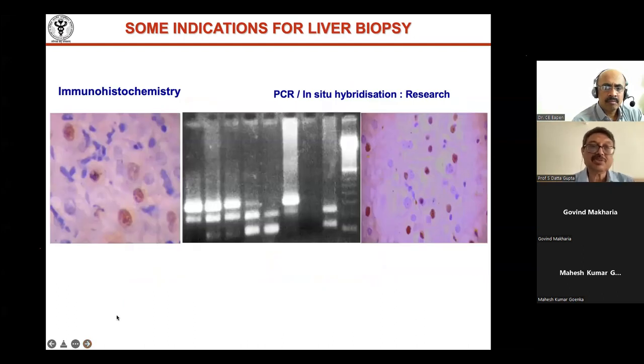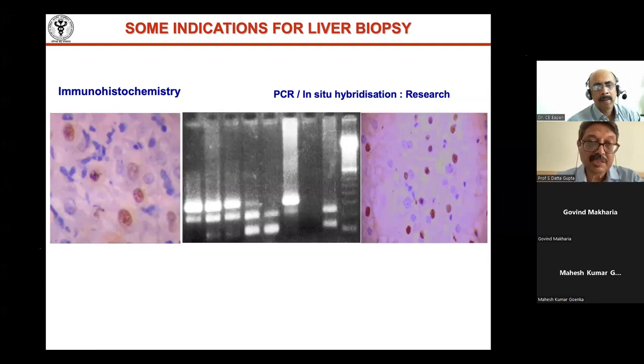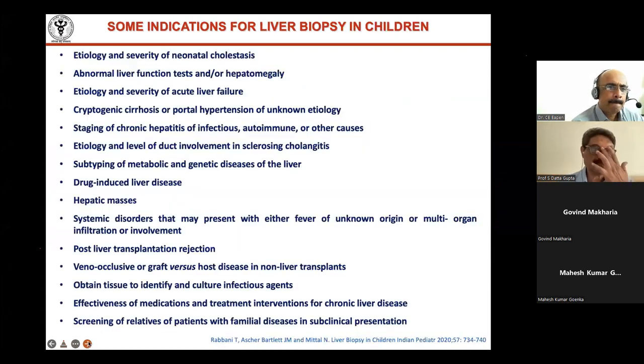Liver biopsies also can add to, or at least narrow down, the clinical diagnosis. That's very important. You have 4 or 5 clinical diagnoses depending on the lab results as well as your clinical findings. And then you do a liver biopsy. If you can't pinpoint a diagnosis, at least with the help of ancillary tests, you can narrow it down to 1 or 2, and then it at least helps in management of the patient.